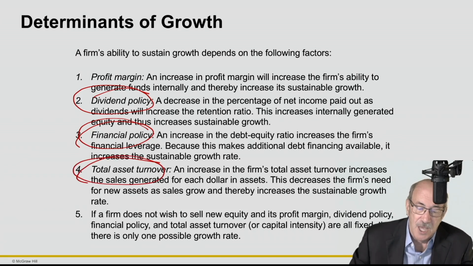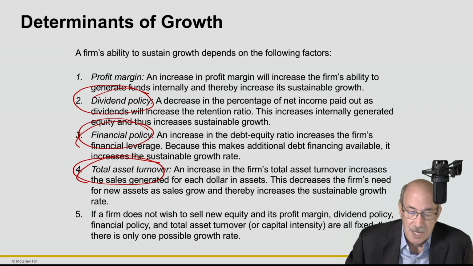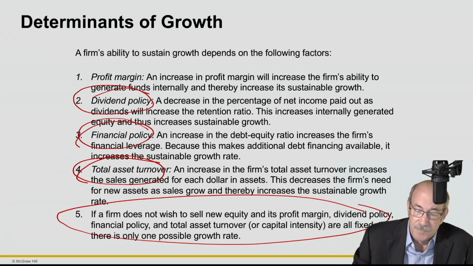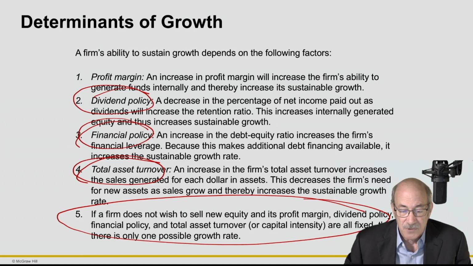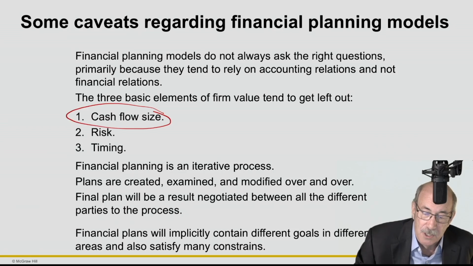What sort of efficiency do we have? That's the total asset turnover. Maybe we're planning on becoming a bit more efficient in our use of assets. And so all of these things come together and help us to understand how fast we can grow. And maybe the firm says we're not going to issue any debt, or we're not going to issue any equity. We're only going to grow within our internal growth rate, and that's going to affect what we can sustain from a sales perspective.